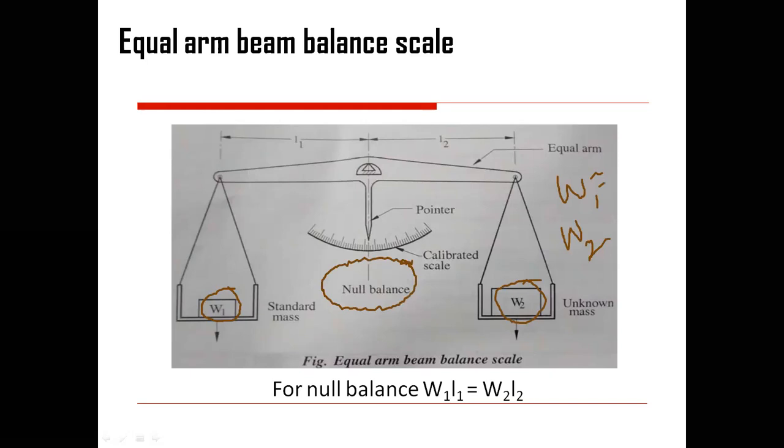But here if you see, length L1 and length L2 are both equal to each other and both are suspended in a similar manner of the same material. So here it has been specified that the product of weight W1 and length L1 is equal to